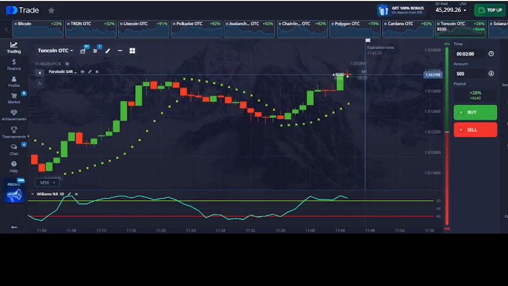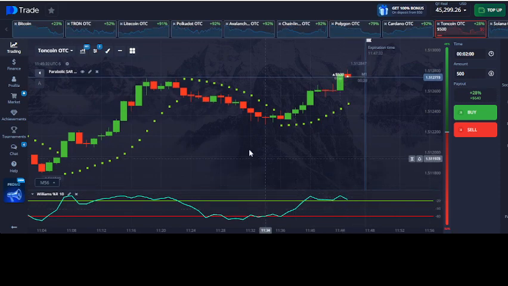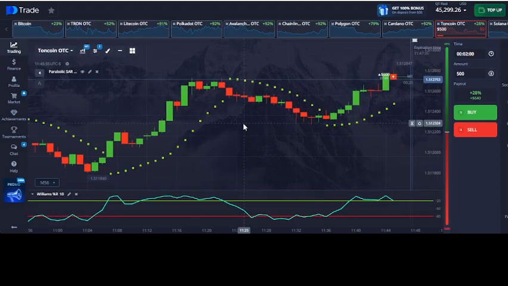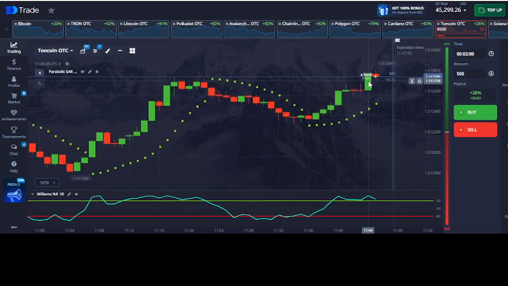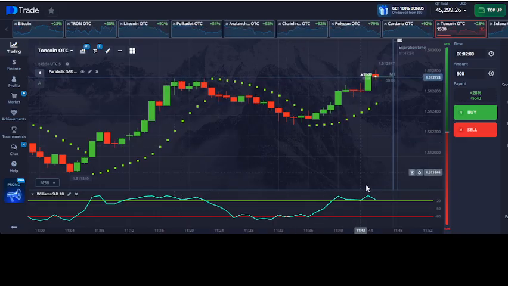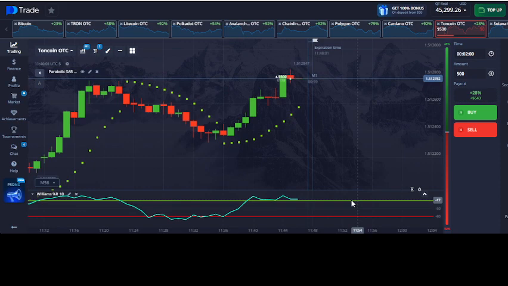Okay, so I'm on the crypto Toncoin and I just took a buy trade here. Now, the reason why I took the buy trade is this green candle here closed above this previous level of resistance. You see the red wick and the green wick here, those represent levels of resistance. In addition to that, the Williams percent R line crossed above the 20 line, the green 20 line,